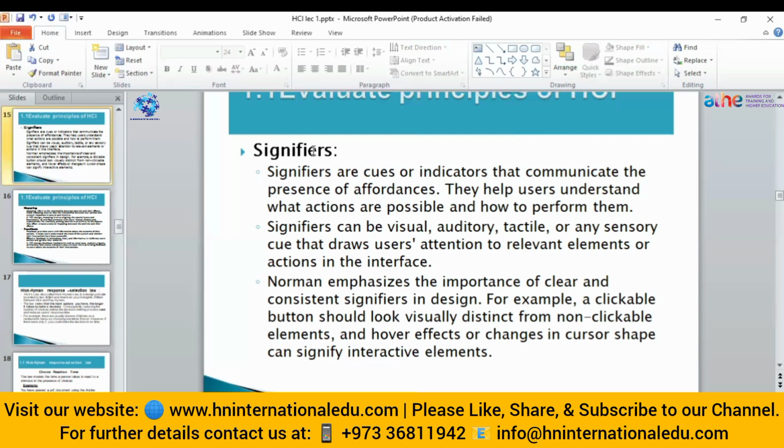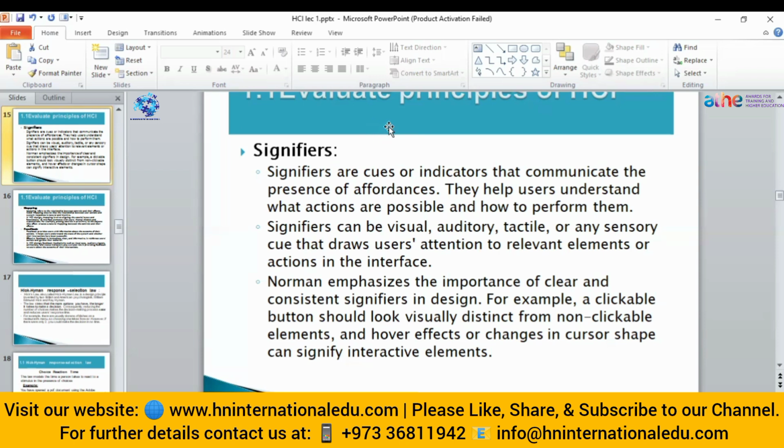Present things to the user in such a way that the user himself will understand whether he should perform the action or not, just like the very modern hover effect. You can also try it on this Zoom application: just place your mouse pointer on any icon, and you will see the background of that icon change. That shows that it is clickable, and if I click, something will happen.